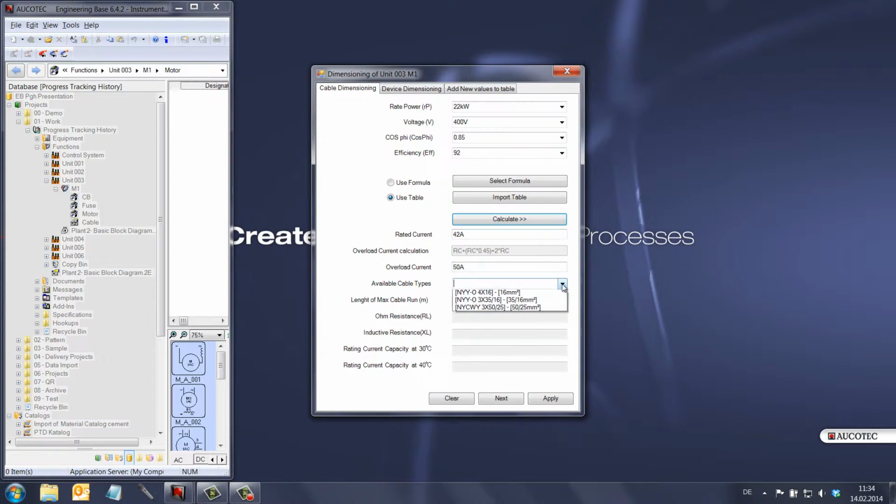And after calculating the currents, it's time to choose the cable for the motor. There are 2 options available. The first option is to choose the cable type from the available cable types that match the calculated current. The second option is to choose the maximum length which is required. After selecting either of these 2 options, the system will search through catalogs, find the correct cable type, and select